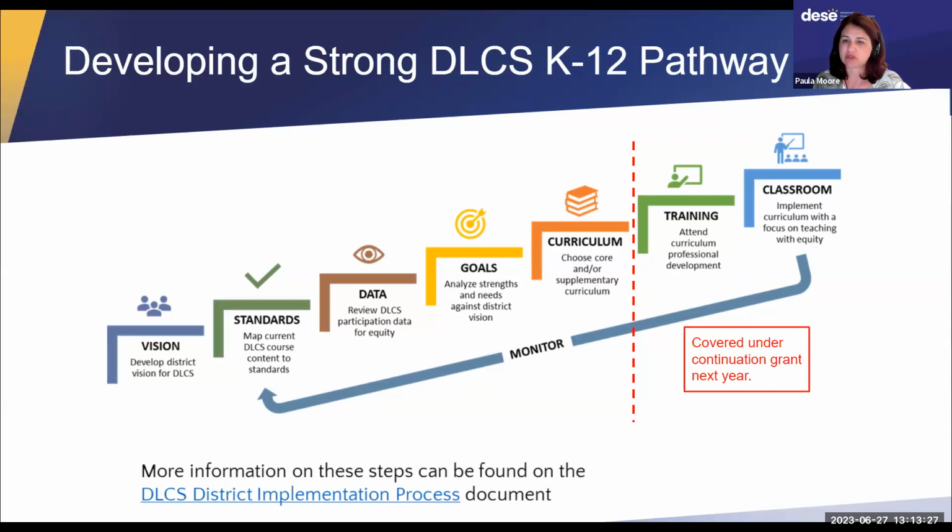And those gaps are what's going to help you to determine what sort of curriculum you'll ultimately have to implement in your district. We're also going to give you some data so that you can disaggregate the data, take a look at participation of our Black students, our brown students, our students with disabilities, female versus male, et cetera, and see again where those gaps are. And that all helps you to build your goals for this first year of the grant and then future years of the grant. You'll pinpoint where you'd like to start working.